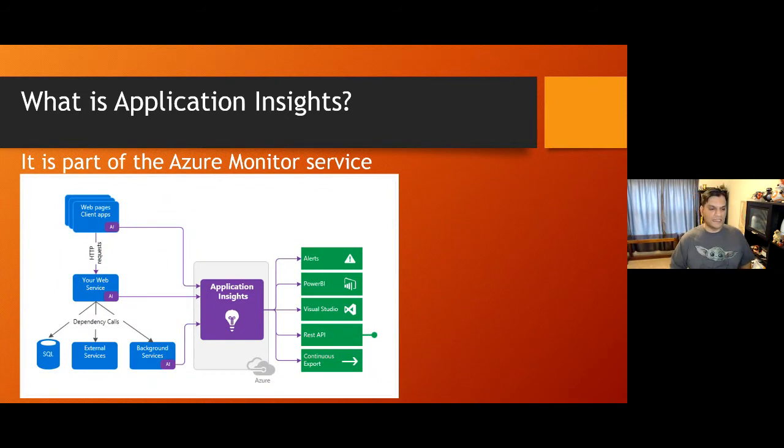Here's another good way to see that. On the left over here, you can see how the data can be collected from different places, like web pages and apps, which is how the app is in our example over here. Once it makes web service calls where the data is stored, it can have these dependencies on the external services, the SQL databases, basically the places where it stores. All of that storage directly ties into App Insights, and then you can see it at the alerts level, Power BI, and the REST API, which you can connect to, and it also gives you the functionality to export that data.